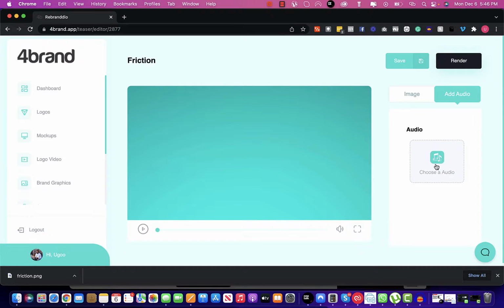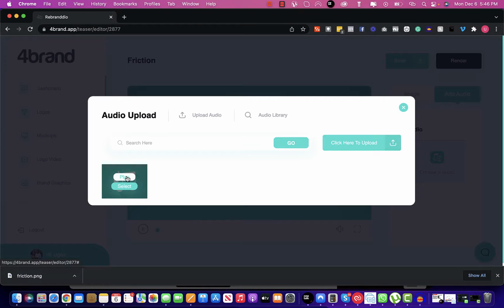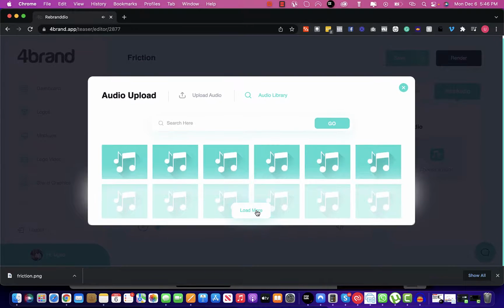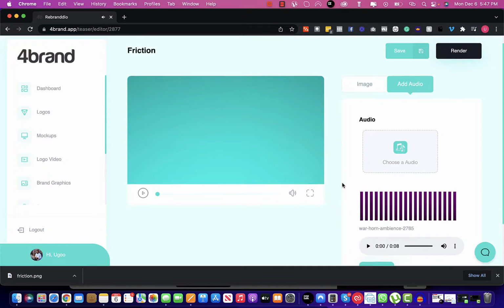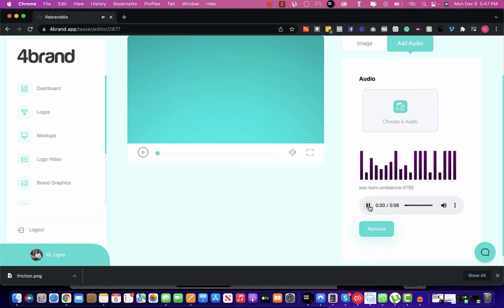But we have this, and then the next thing we need to do is select our audio. Now you can upload your own audio file, which I've done here. I have one uploaded file here. Or you can choose from our library of audio files. So you can just keep scrolling to see the options here. So I'm going to select this, and once you're done,